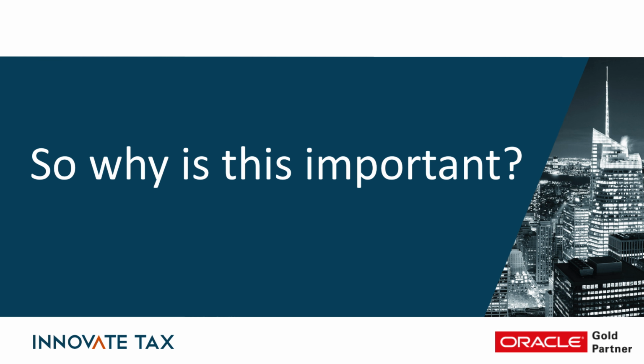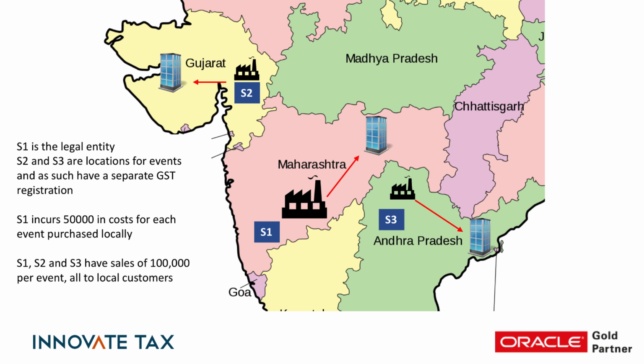Why is this important? There are a couple of reasons. The authorities have put this in place for 2 reasons. One is to avoid VAT fraud, and 2 is to make sure that the correct states get the right amount of tax, so you don't just move things around or do things that could potentially cause problems. So here, if we look at this situation again,